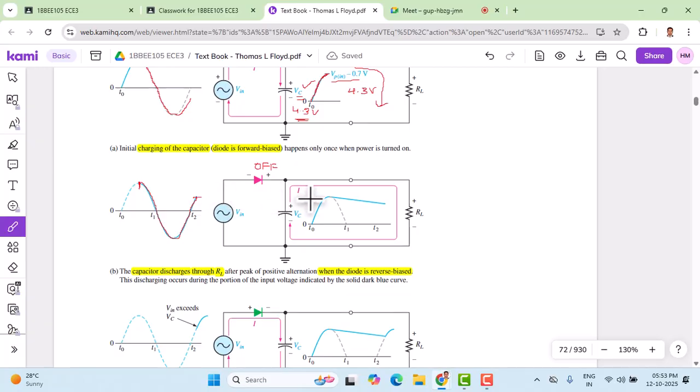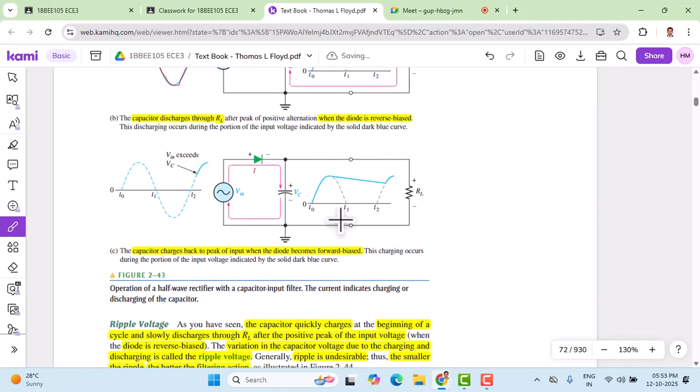So you can see here the diode remains off, and the capacitor is now discharging. From here onwards, the capacitor will discharge slowly. As we can see here, till here the input cycle is shown. Till that point, the capacitor will keep discharging through the load resistor, and this pink color loop is the discharging current. Okay. And now let us look at what happens when another cycle comes,